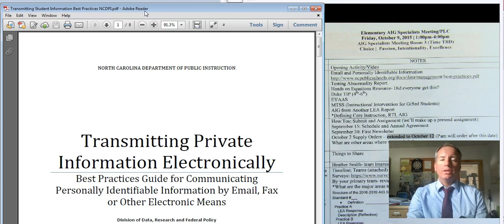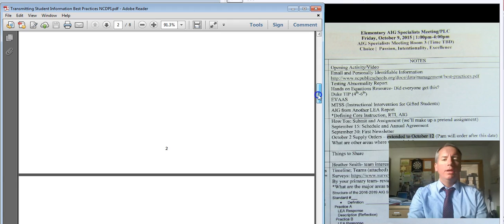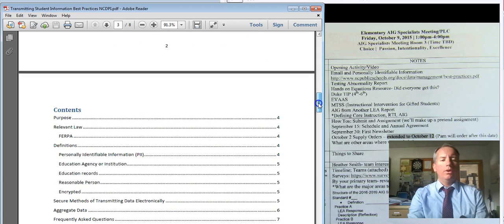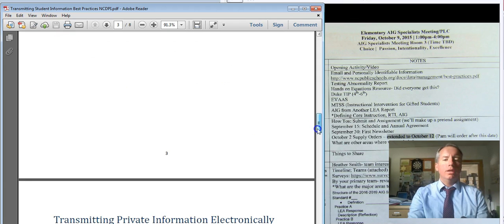This certainly has not come up because somebody raised an issue. It literally came out of a school counselor newsletter where they shared this document that was produced by DPI a couple of years ago. This document outlines all the whys and the hows, but we can summarize that pretty briefly, and you will have a copy of this in our Edmodo group. It deals with FERPA and the federal Records Protection Act,